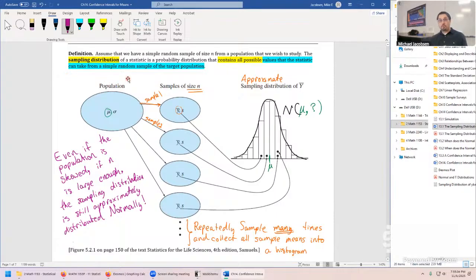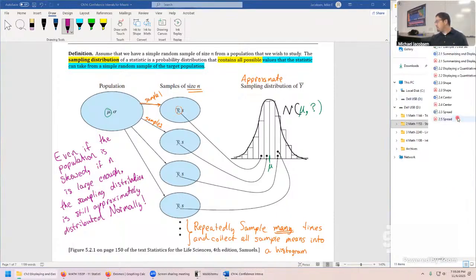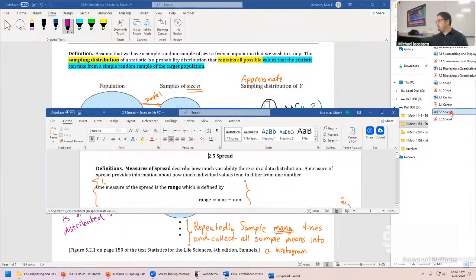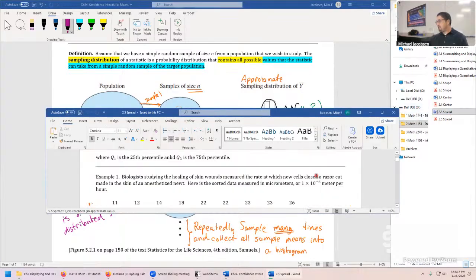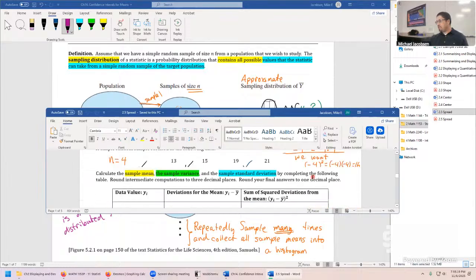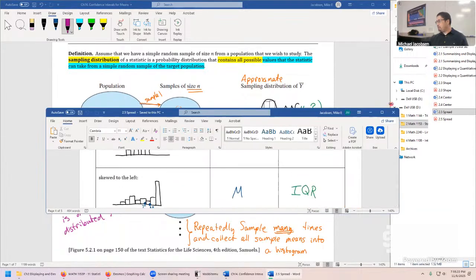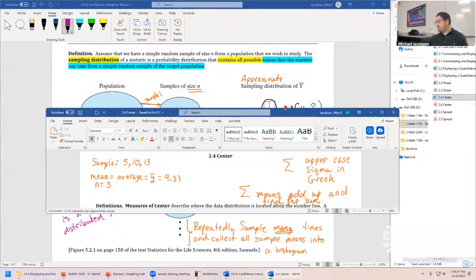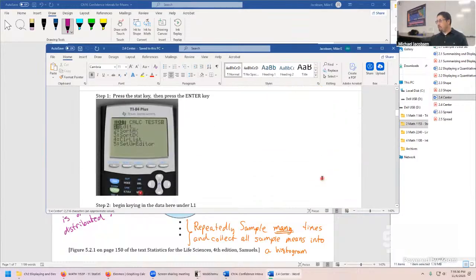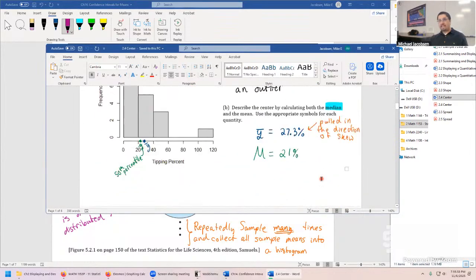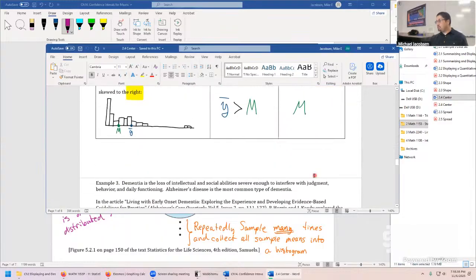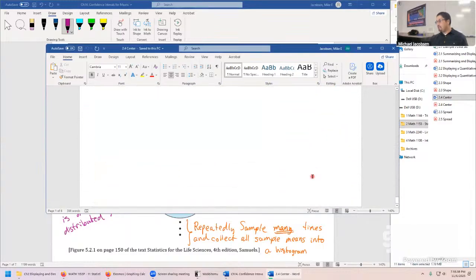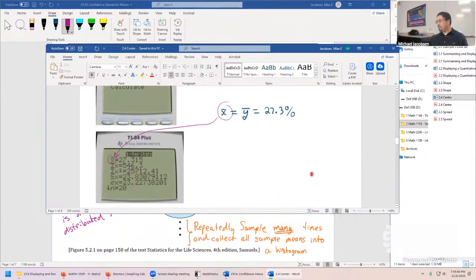So even if you're looking at the most skewed population ever, say, we had some skewed ones. I think we saw some way back here. Let's take a quick gander. No, we just sketched them. I think we had some skewed ones in center then. Let's take a look here. We definitely had something skewed in this one. This one was skewed, data on tipping percentage. But sometimes skewed can be violent, like say, oh, we didn't have anything too badly skewed, but let's settle on